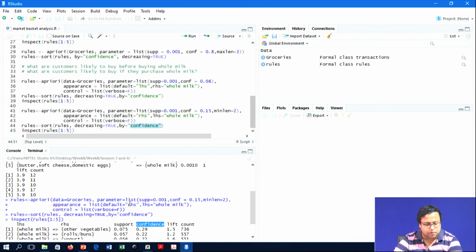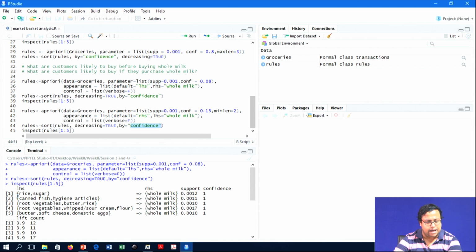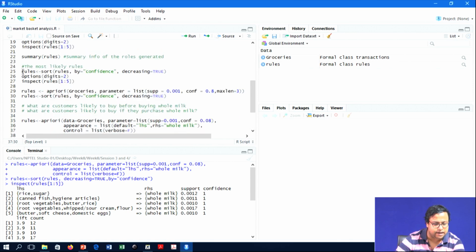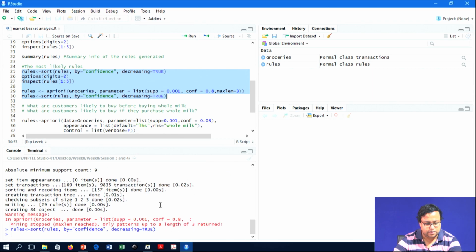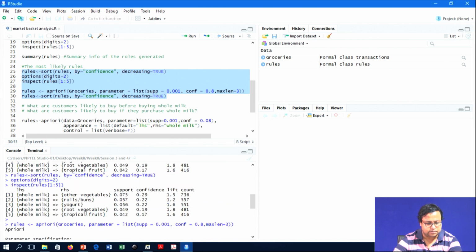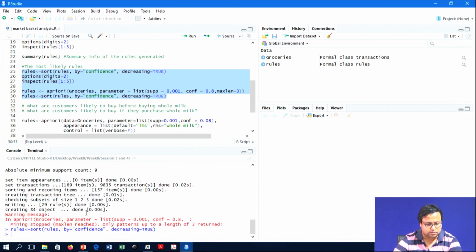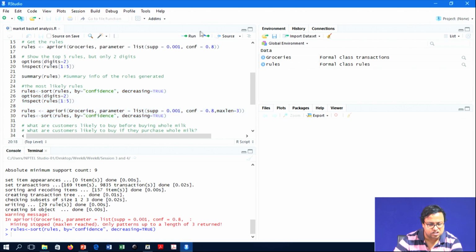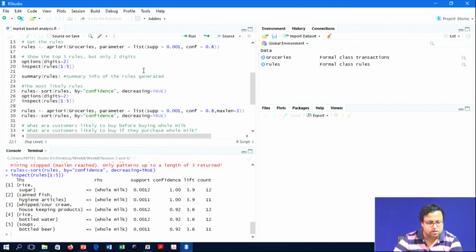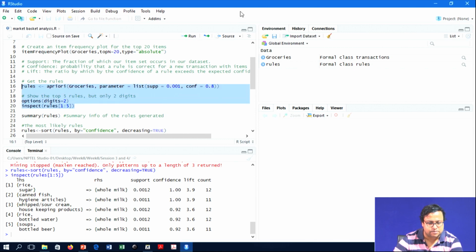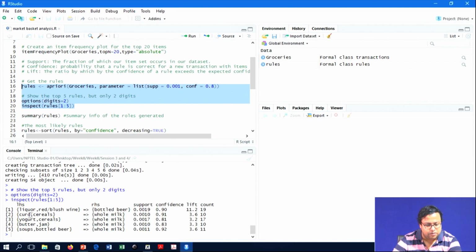For example, what will I do if I know that rice and sugar along with that whole milk is also being sold, or if you remember the initial rules that we created in the very first one. Yeah, so now if I just inspect the rules, the very first one, this is also 3.9, not this one, sorry. So, the very first one was this. So, if I just check, what will I do with this?